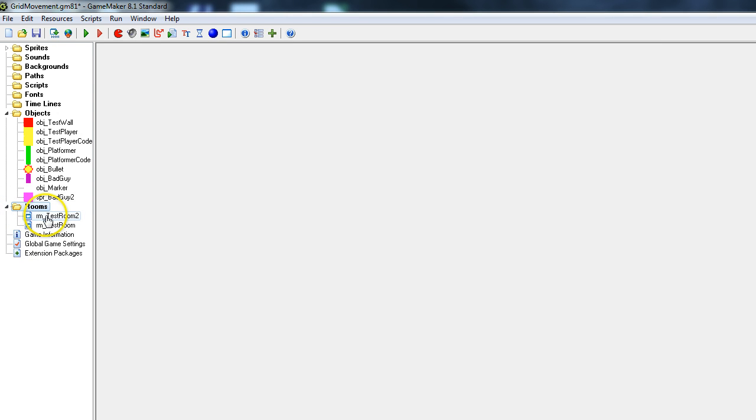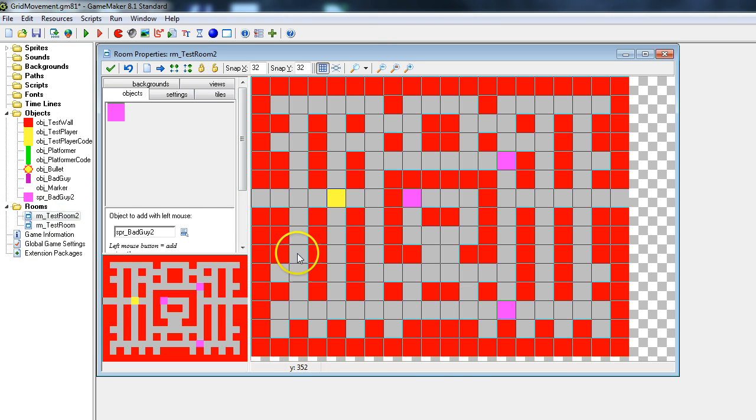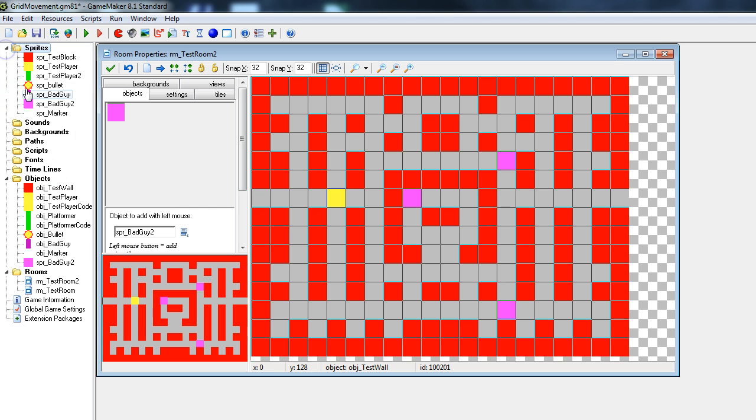Right, let's do some AI for the maze program now with the top-down kind of dungeony crawl guy. So I've got my guy in here. I've actually created a new room. It looks a bit like, I guess, a Pac-Man maze. And what you're going to need to do is create a new sprite for the bad guy. It should be 32 by 32, or the size of your grid. You won't need any markers for this one, and you're going to need to create a new object for your